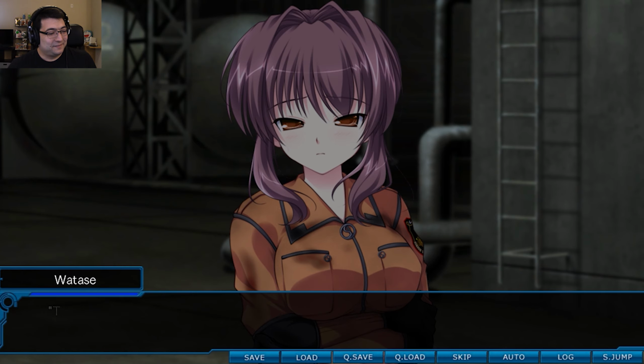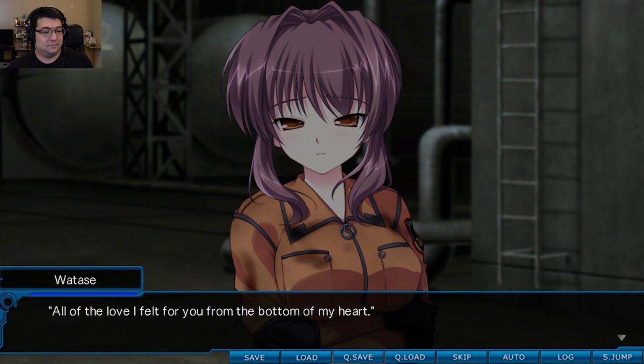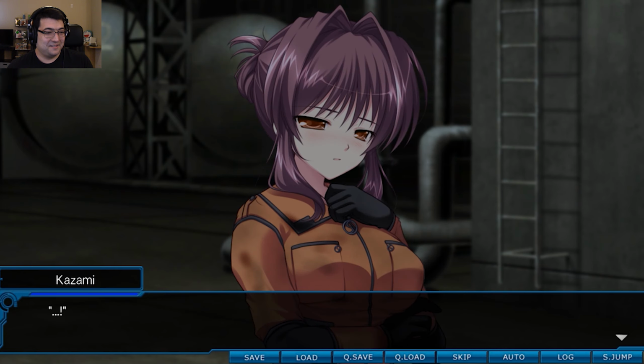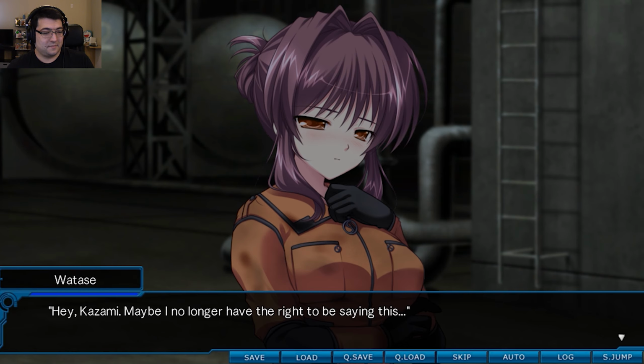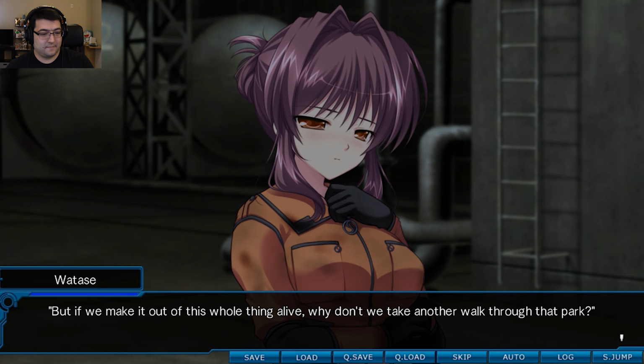お前に対する思いだけは、俺がお前を心底愛してた。 A faint tinge of red covered Kazami's cheeks. Watase gently caressed those cheeks. なあ、風見。俺にこんなことを言う資格はもうないのかもしれないが、もしここから無事に脱出することができたら、一緒にあの公園を歩かないか。